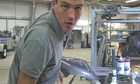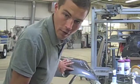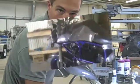We'll continue doing this over the whole surface. So the whole surface will have this flat, reflective finish, and in that case we're done. And what we do after that is wax it and put it back on the